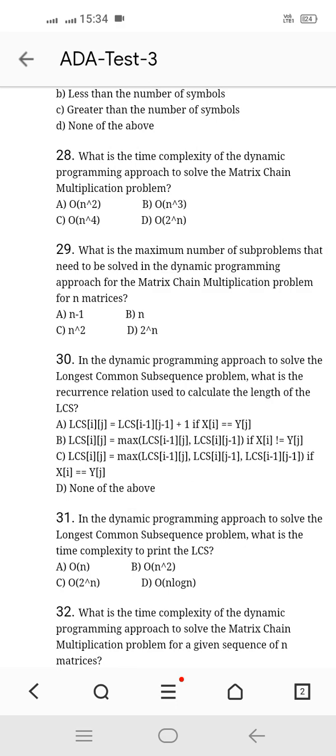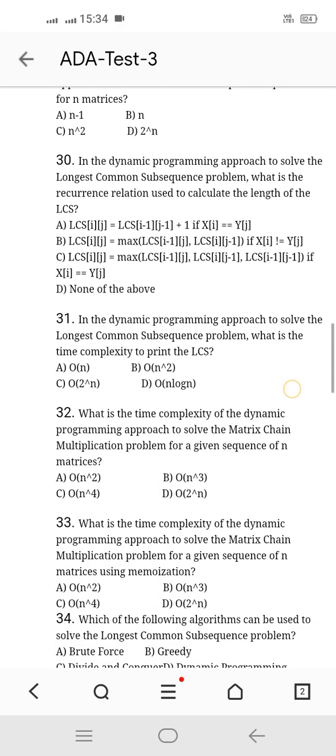29th, what is the maximum number of subproblems that needs to be solved in a dynamic programming approach for matrix chain multiplication problem for n matrices? Option C, n square. 30, in dynamic programming approach to solve the longest common subsequence problem, what is the recurrence relation used to calculate the length of the LCS? Option B,